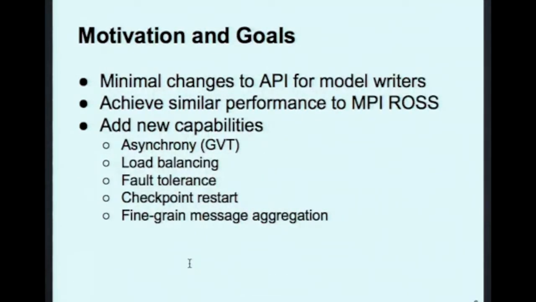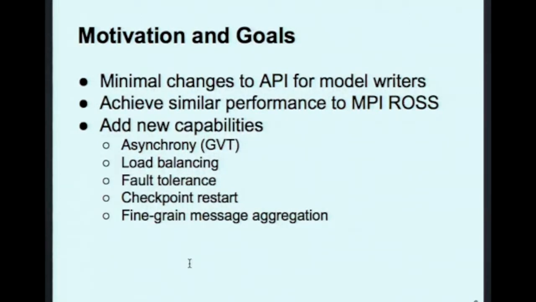So the project itself is taking ROSS, which is entirely written in MPI, and porting it over to Charm++. Why do we want to do that? Obviously Charm++ has some nice capabilities. It's a fully asynchronous runtime system, which we want to leverage specifically when computing the GVT. With migratability, we can get load balancing, fault tolerance, checkpoint restart, stuff that would be much more difficult to implement